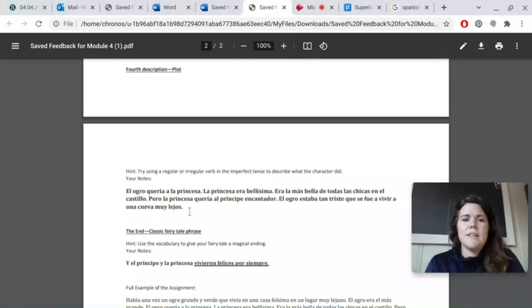Okay, so it says el ogro. So this is your plot. It says try using a regular or irregular verb in the imperfect tense to describe what the character did. The most important thing you need to remember is that we're looking for the imperfect verb tense. Whether that's irregular or regular, whichever one works with your story, but make sure